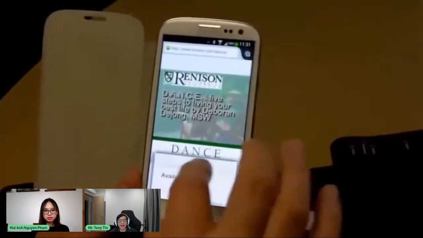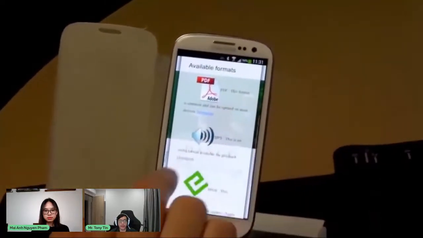Now, as you can see, it's a really interesting idea, to support research, but not only support research, as